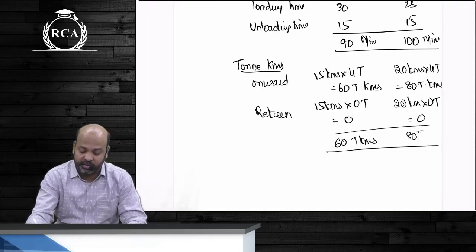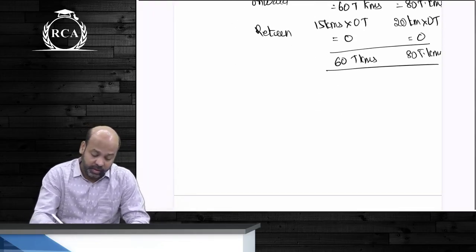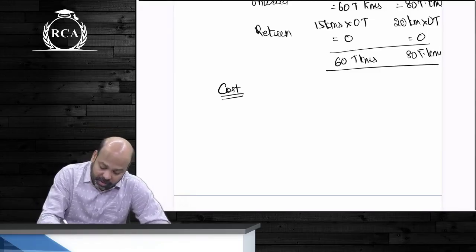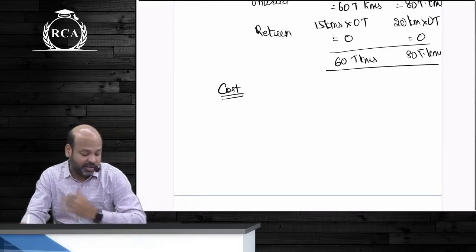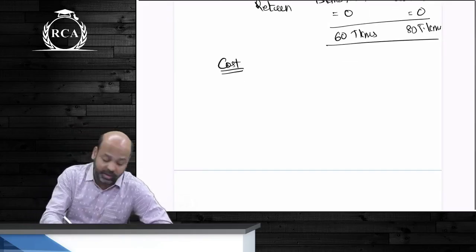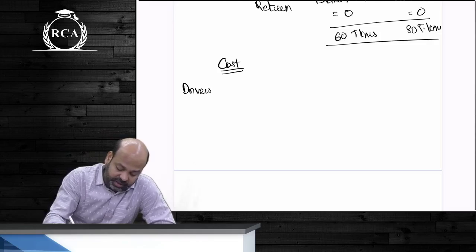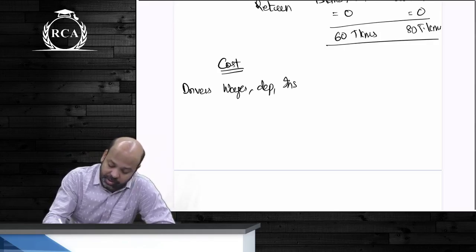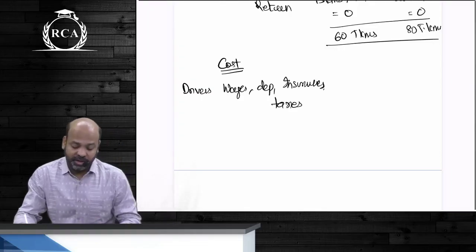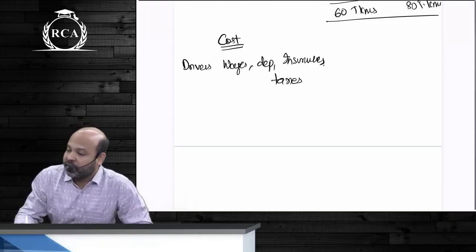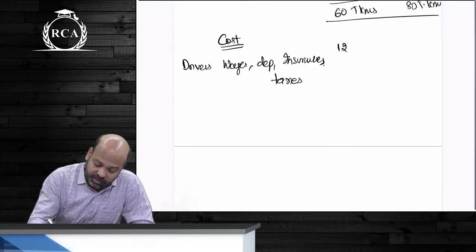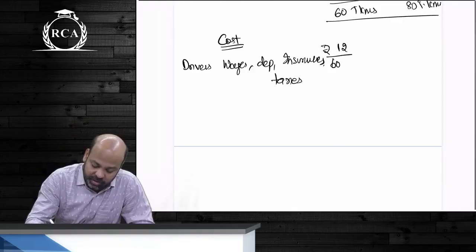Now all you have to do, beta, is write the total cost given. Here the cost statement, beta, has no presentation requirement, because cost is already expressed on a consolidated basis. Yes or no? Now the first expenditure that we have is drivers' wages and everything, depreciation, insurance, taxes. What is the question saying? How much is it? 12 rupees per hour. What was the total time that we needed for the first trip? 90 minutes. If it is 12 rupees, guys, for 60 minutes, how much will be the proportionate cost for 90 minutes?